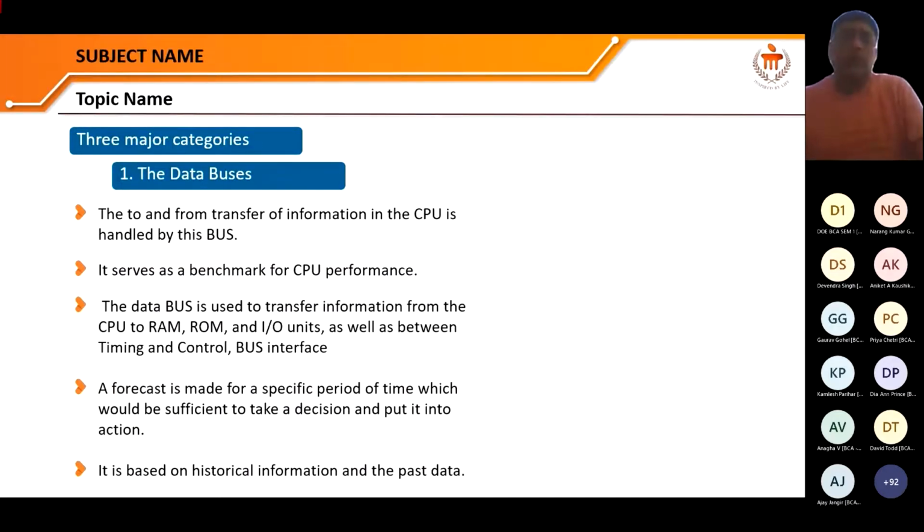Suppose that I am speaking in a very fast manner, and you are not able to hear it properly. Being fast alone is not good. Same here: if the CPU is faster but the transporter is not good, what will happen? So here is the main role of the buses: if the CPU works in a faster manner, the buses can also send the information to the devices in a faster manner.